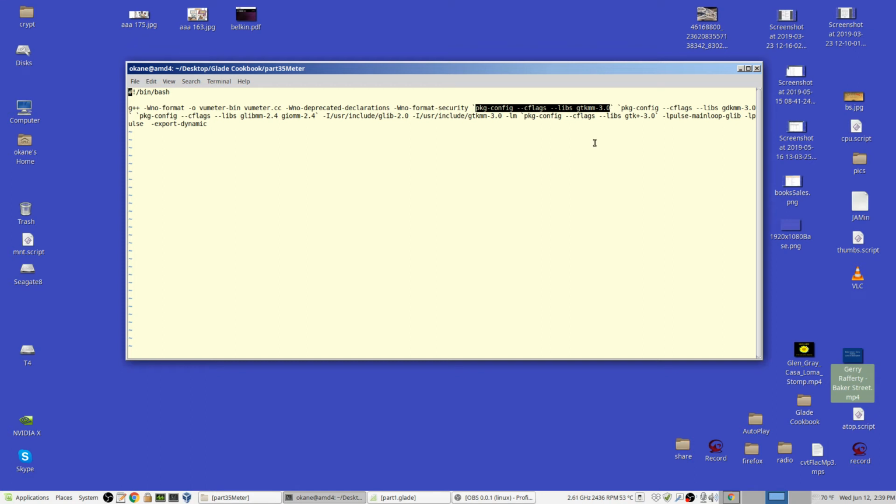Many of these were 2.0 in the original, so I've upgraded them. These insert the flags and library information necessary for that particular package. There's GDK MM. There's a glib MM 2.4, that's the most recent, a GIO MM 2.4. So, notice the back quotes there. What that does is it runs the program pkg-config, passes these parameters to it, and it responds by giving you,